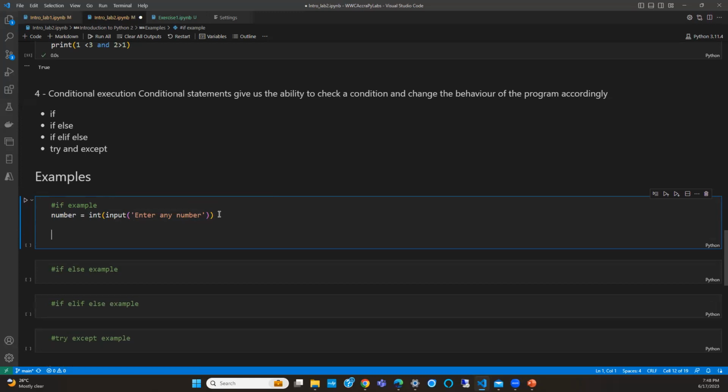And then the next thing we do is check this number. I think there are many ways to do it. Let's say if number is greater than 0, then do something. So if it's greater than 0, let's just print and say it's a positive number.